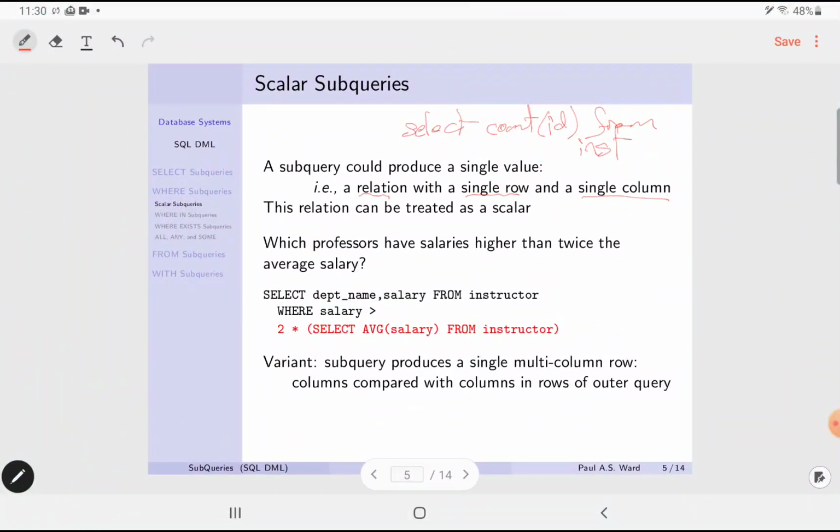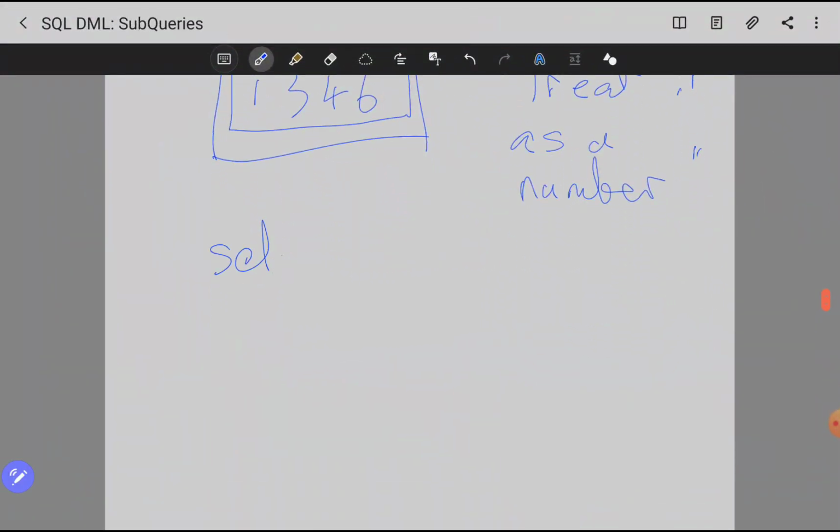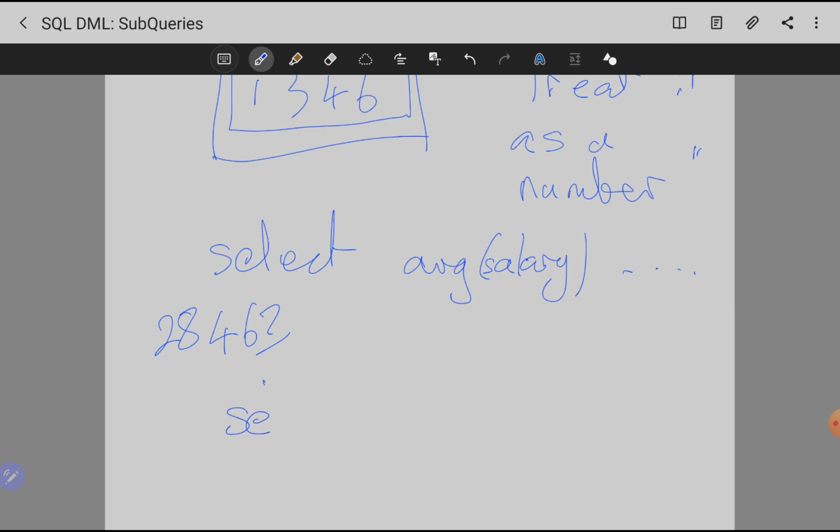So, suppose we wanted to find out which professors have salaries higher than twice the average salary. We could do that as two queries. Select average salary, and that gives us a number. Let's say it's, I don't know, $28,463. Then we do select name and salary